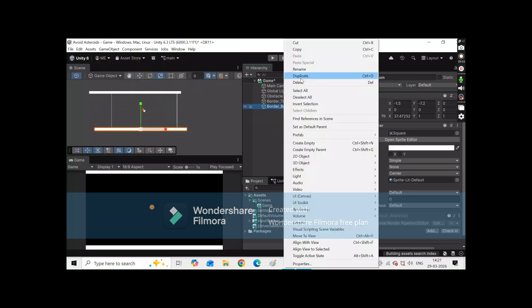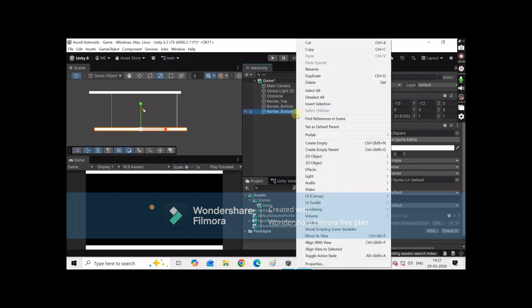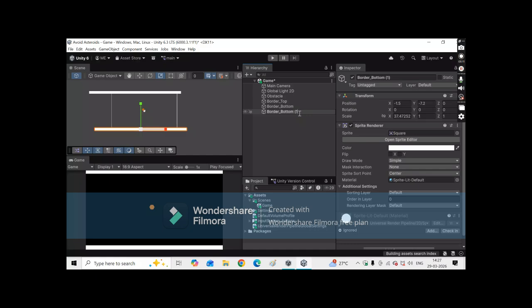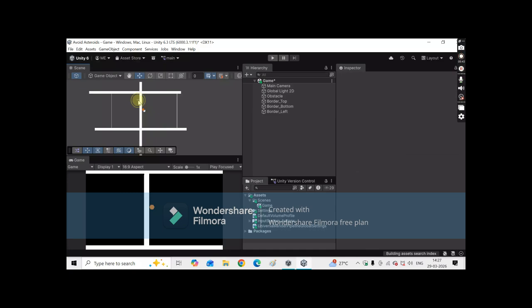Now we will duplicate this object and rename it to border underscore left. Now we will use the rotate tool to rotate this. And then we will place it on the left side of the screen.